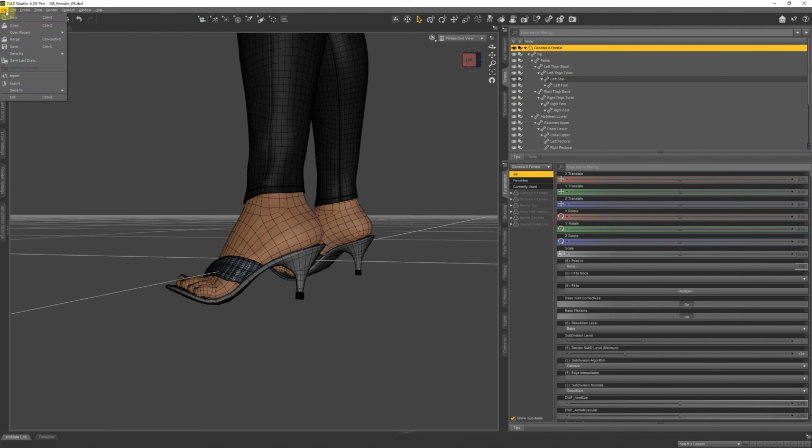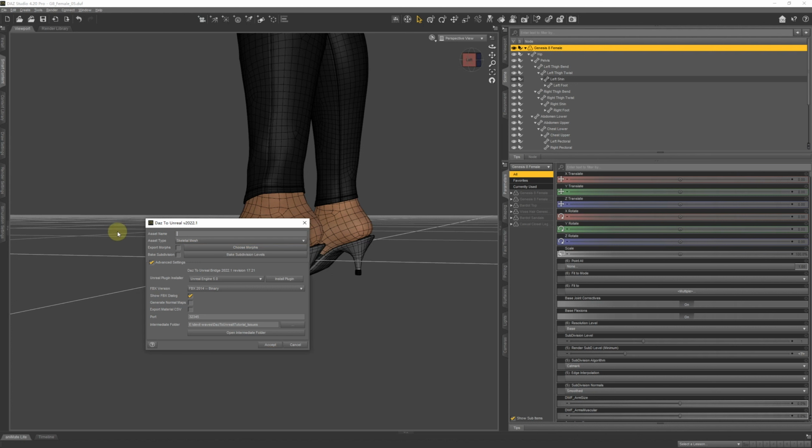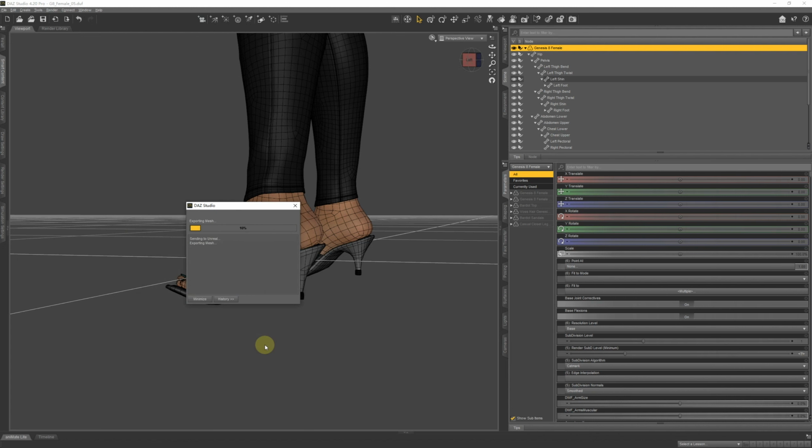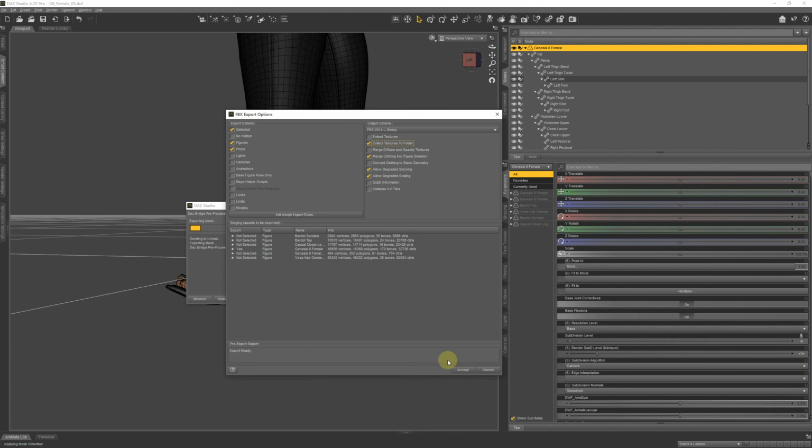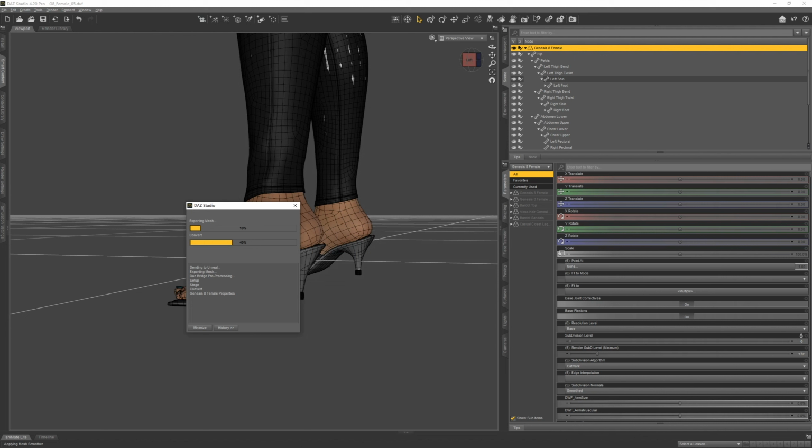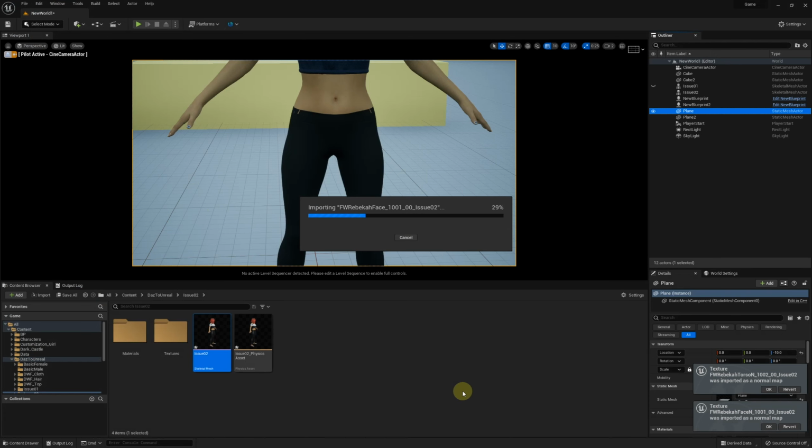Now we select the character and send to Unreal. Switch to Unreal.